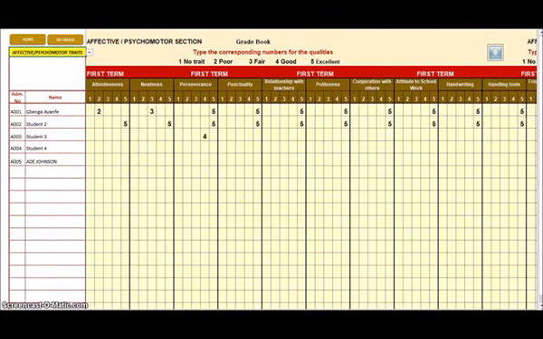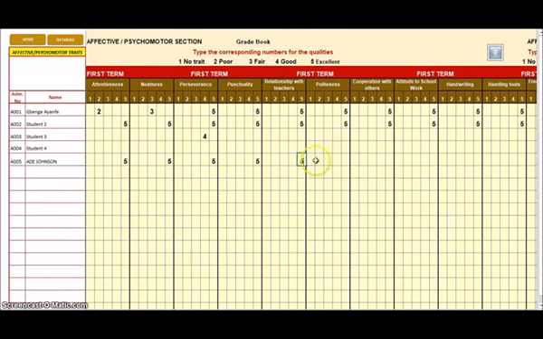Here, the task is simple. According to the traits we have imputed in the database, all these will come up here automatically. And all you just need to do is, for each child, if Ade Johnson deserves 5 for attentiveness, just click on the box for 5 and type 5. Click enter. If for neatness it is 5, put 5. Let's say this boy is very sound and he got 5 and 5 and 5